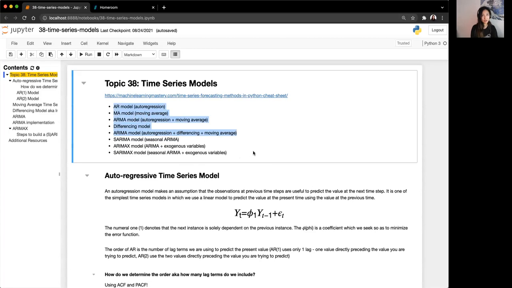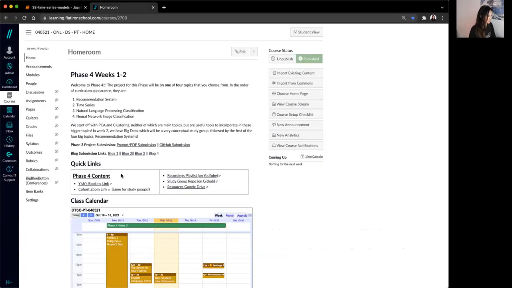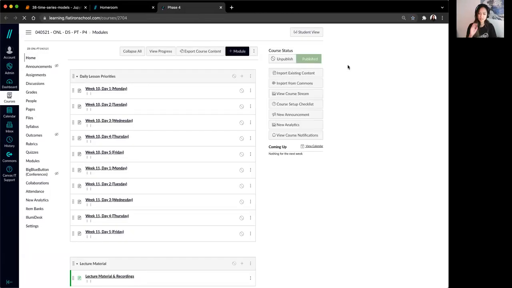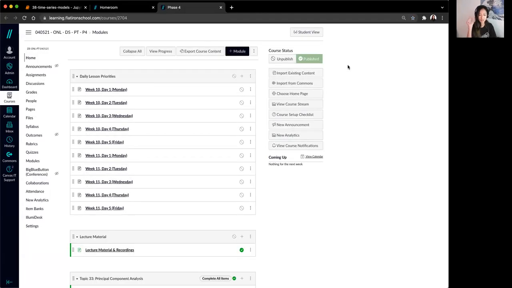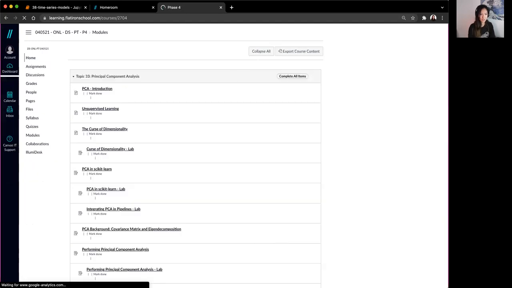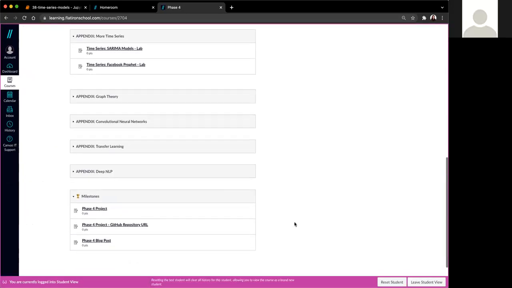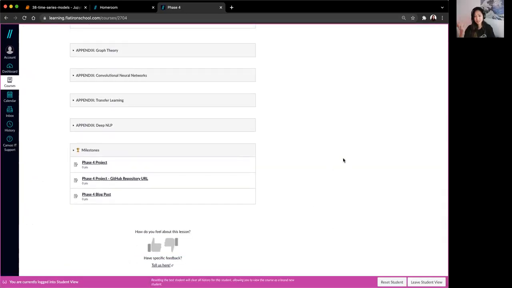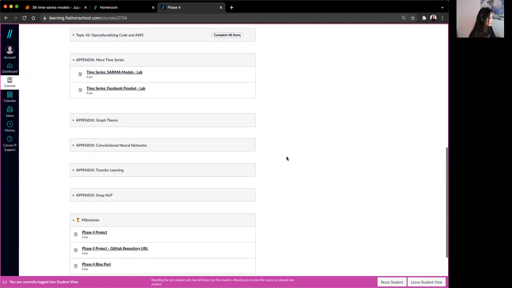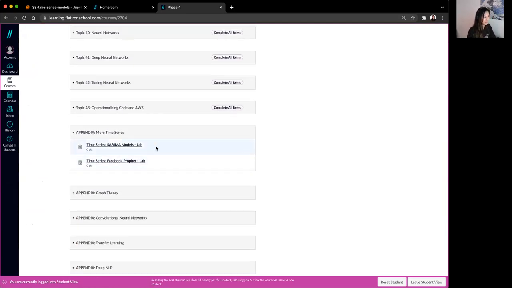In phase 4, actually, let me just pull it up real quick. In phase 4, I really do recommend going through the appendix, especially for time series and natural language processing. So for this week's stuff and next week's stuff, I highly, highly recommend the appendix, just because it really takes your project to the next level. For time series, the appendix brings you through ARIMA models, and I'll talk about what ARIMA is later, and